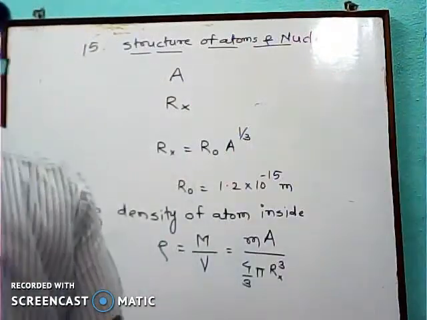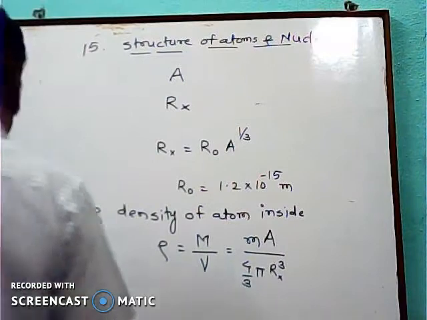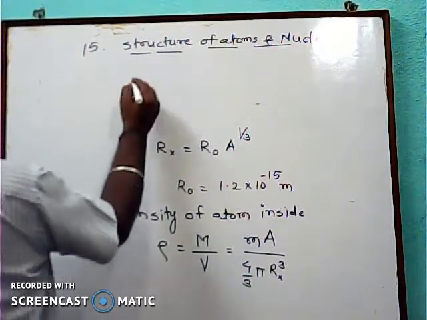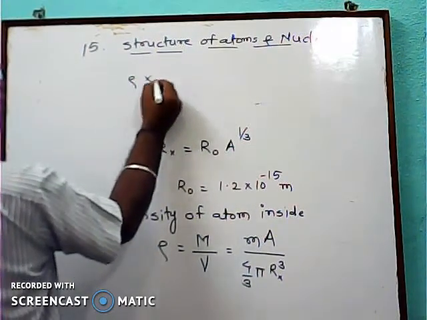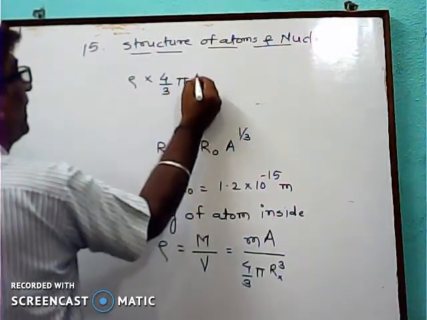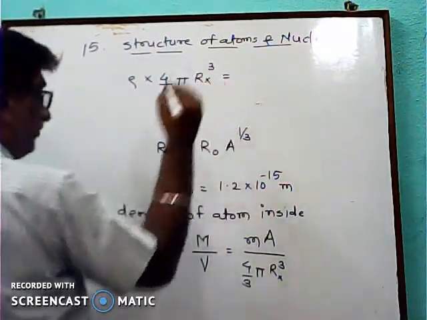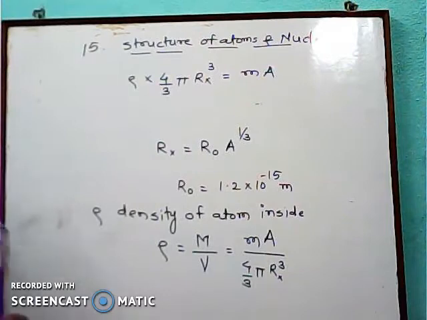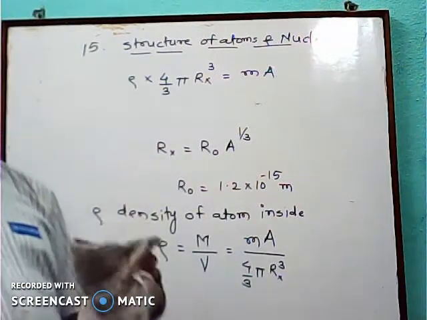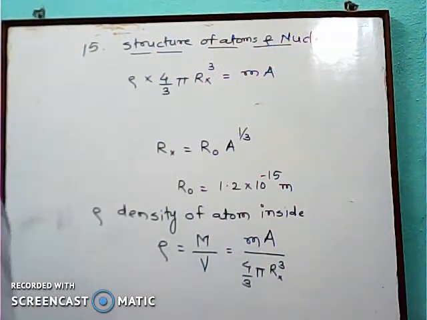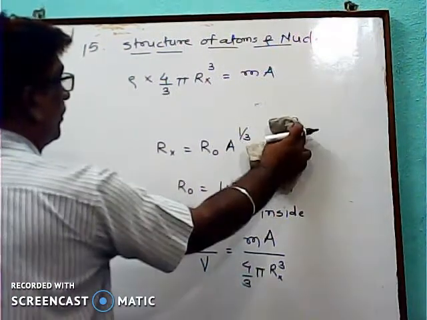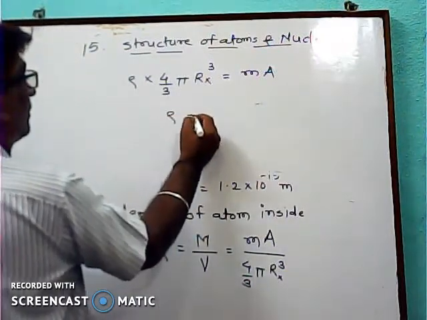So for finding the density, using this formula, rho into 4 upon 3 pi Rx cube will be small m capital A. So if we calculate this, what happens? Rho is equal to 3 multiply